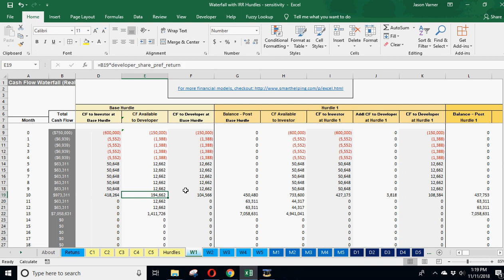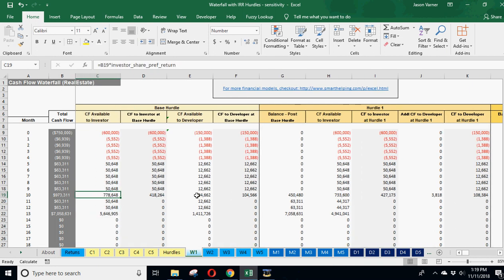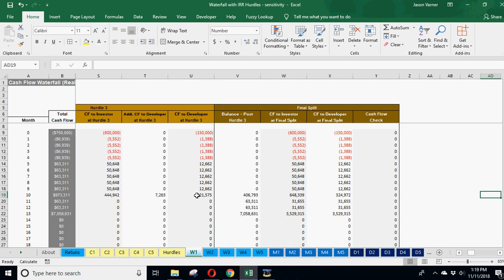So out of the total 973,000 that happened in month 10, we're not super close, but pretty close to getting close to 50-50. And then you can see here we're 50-50, 50-50, and 50-50 on the exit, which is